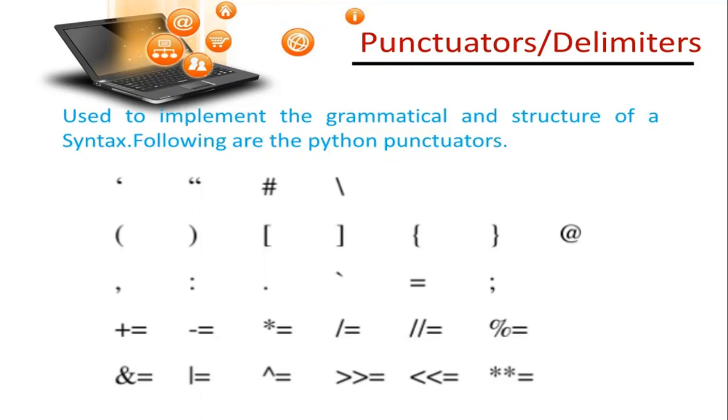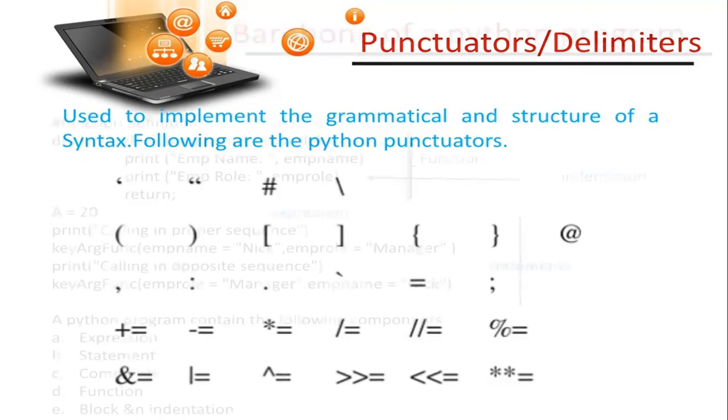And you know what? There is another punctuator that's on the screen but not visible, that is indent. Remember how you used to leave a two-finger space before a paragraph starts in an essay? Similarly, in Python, we will be using lots of indents to separate our code from each other, to specify the blocks of code within each other, etc. Okay, so these are all the punctuators or the delimiters that Python uses.